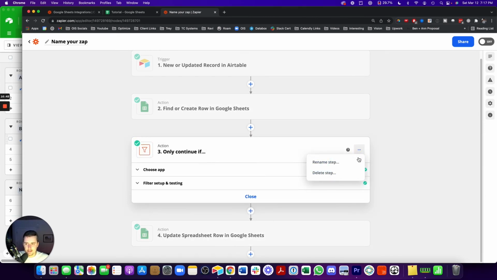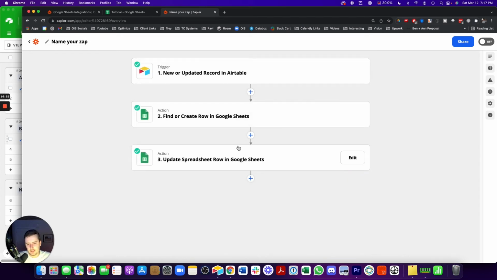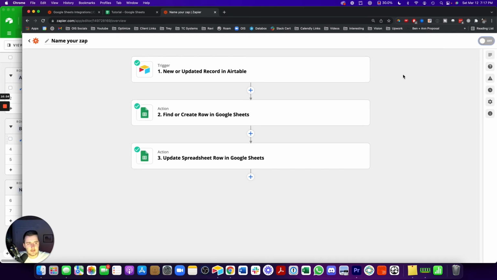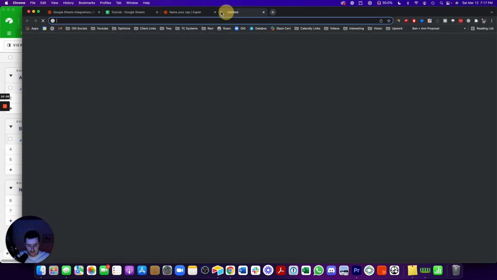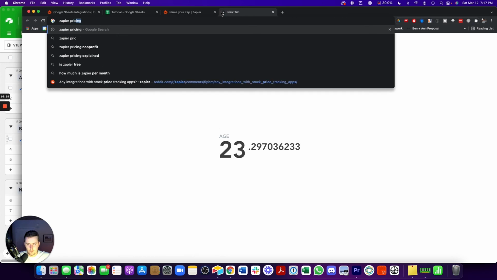I think it might actually count as a run in Zapier. I don't know for sure, so don't quote me on that. But I would typically just delete this and then run it. Now, depending on your payment plan in Zapier, so Zapier pricing,